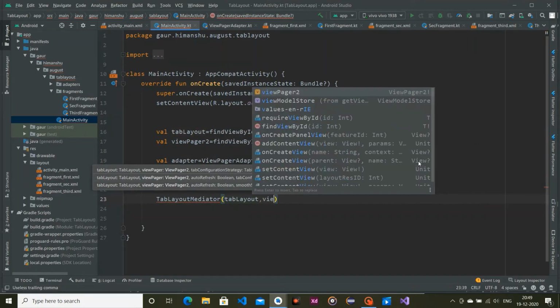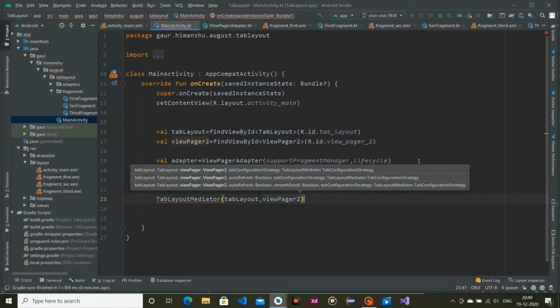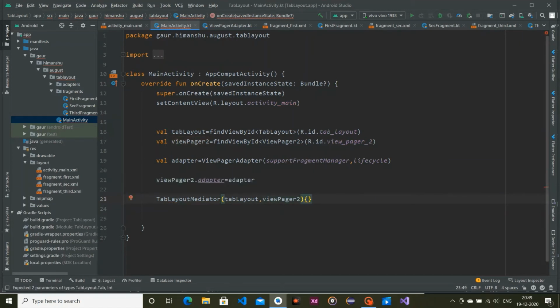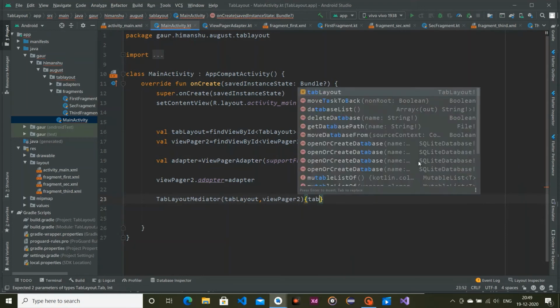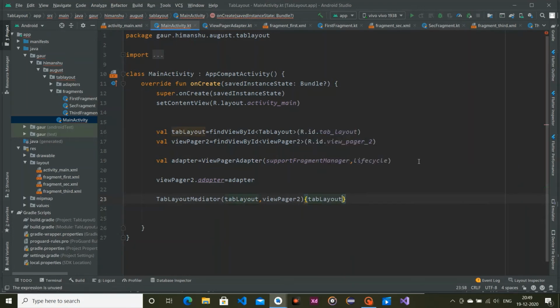Second, it takes ViewPager2, so pass this, and after that create braces, because it's basically a lambda function. So first we pass tab, and second, position.